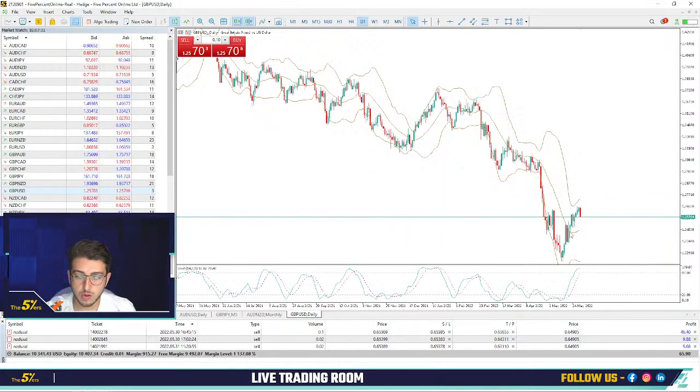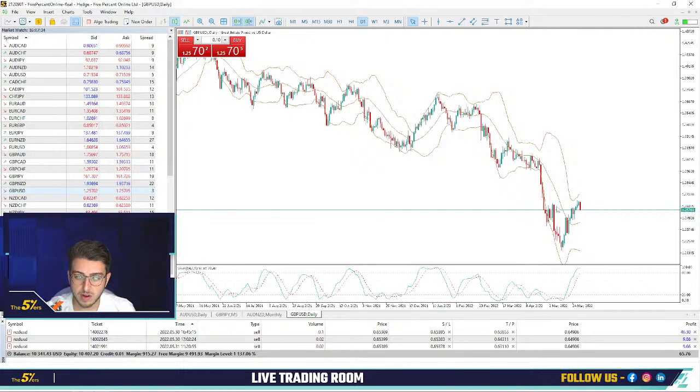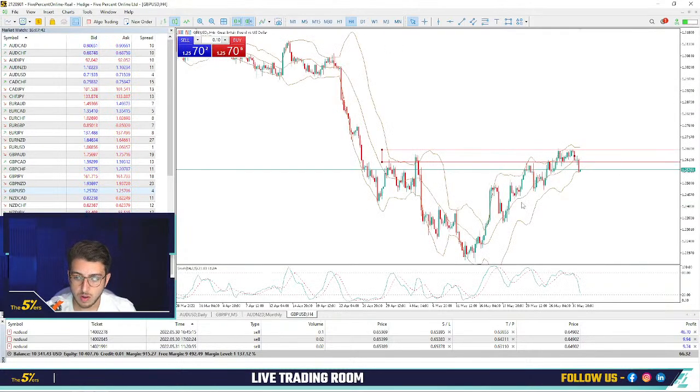Okay, so you see on the pound dollar, the price only respected this supply. The price is starting to make a retracement. We also see it on the H4. It's kind of breaking this uptrend, and we also explained this scenario yesterday, that the price is accumulating, doing a channel. So we expect to have a huge movement in volatility, and we had this this morning.